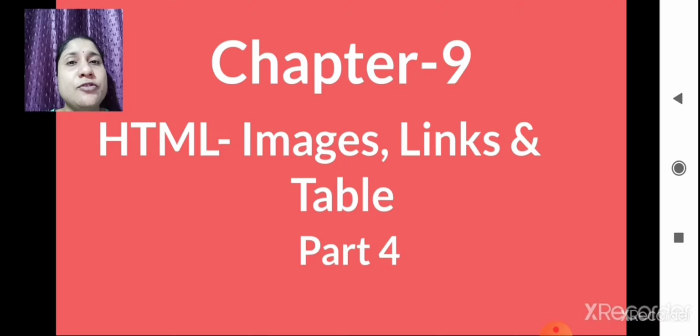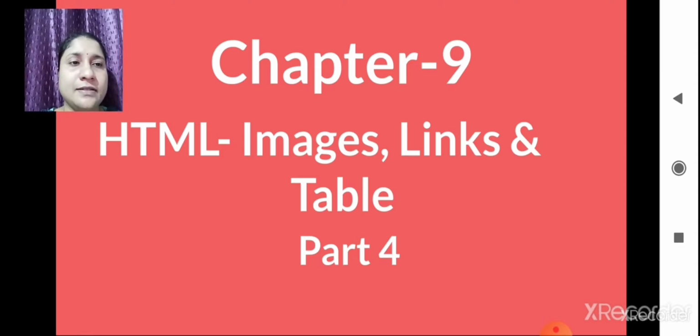Then we also learned how to create a table using all these tags. Then we learned that by using the border attribute, we can give a border to our table. Then we also learned about spanning. What is meant by spanning? It is the merging of rows or columns. For that we use the colspan attribute for columns and rowspan for rows. All these things we learned in our previous class. So the remaining part of tables we are going to learn in this class.